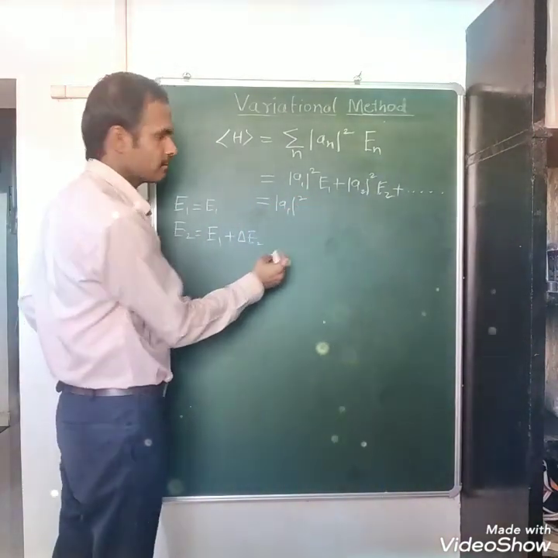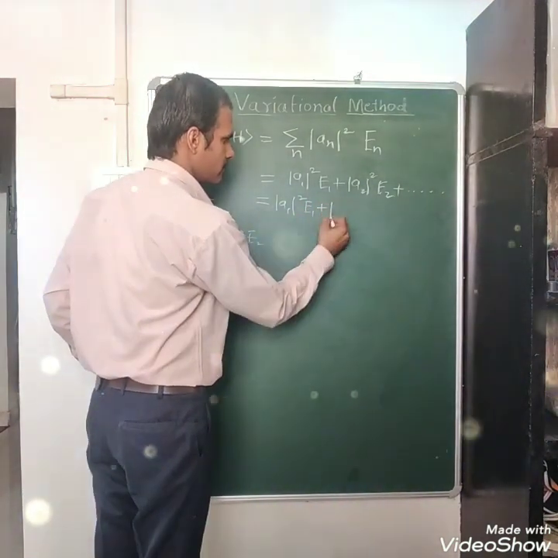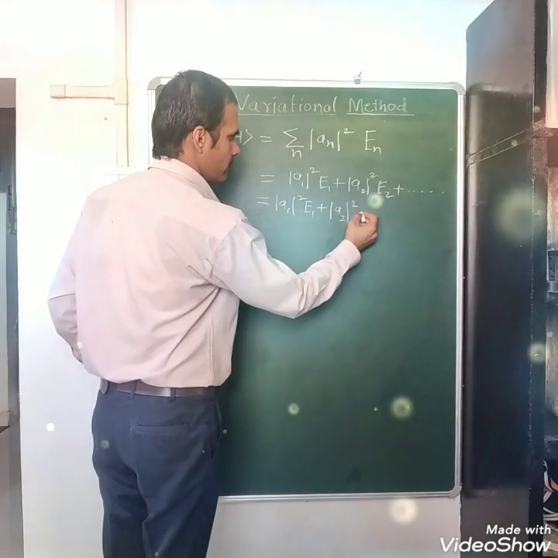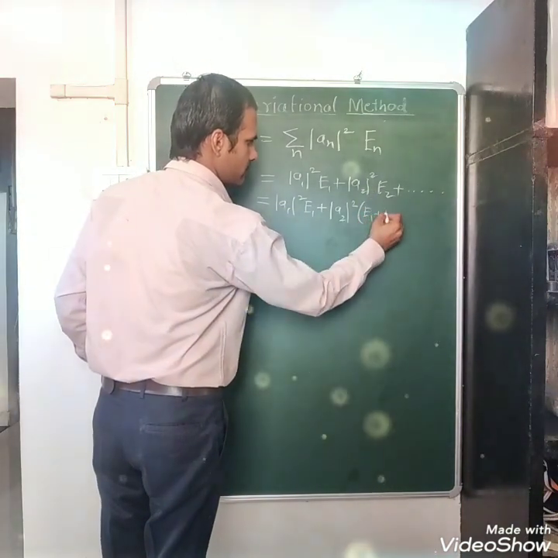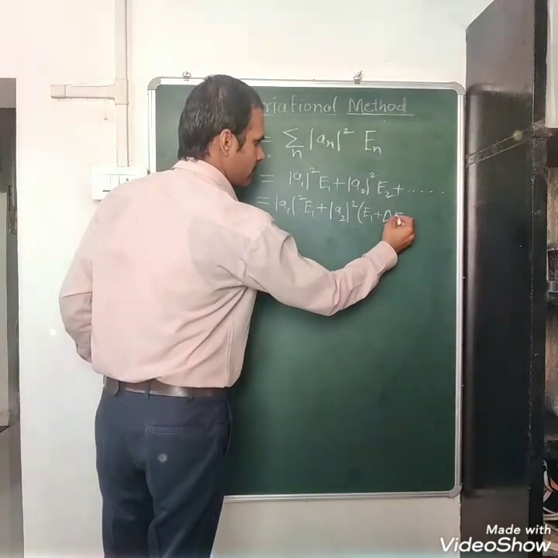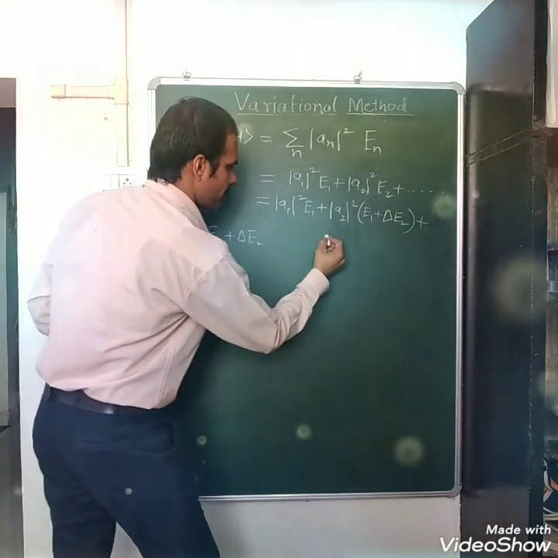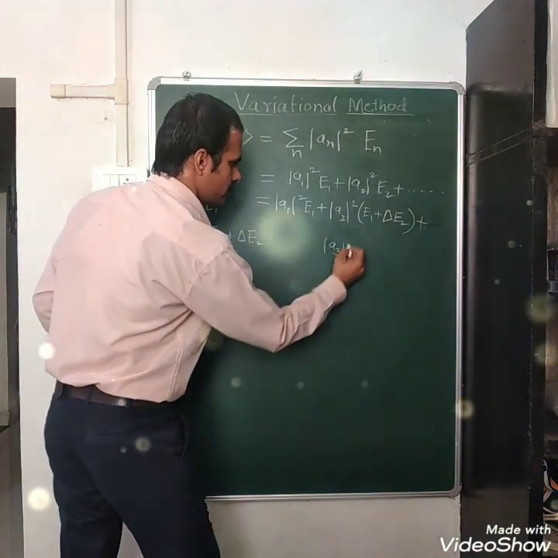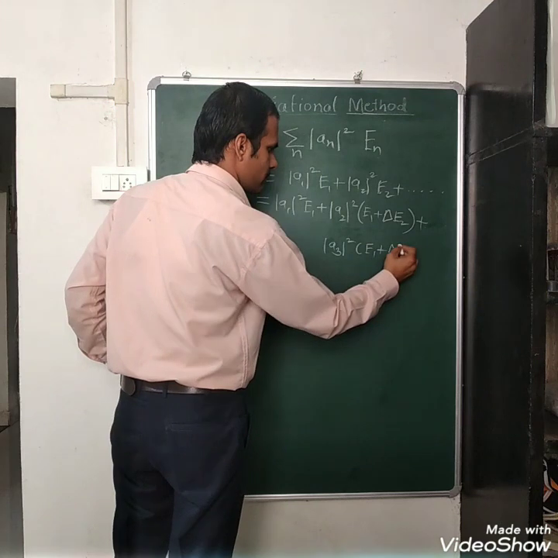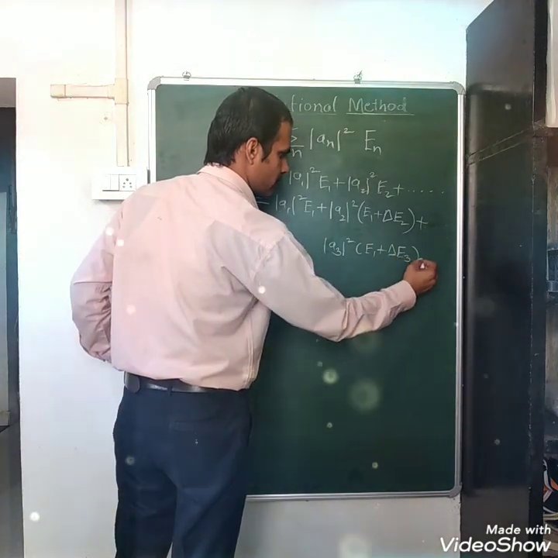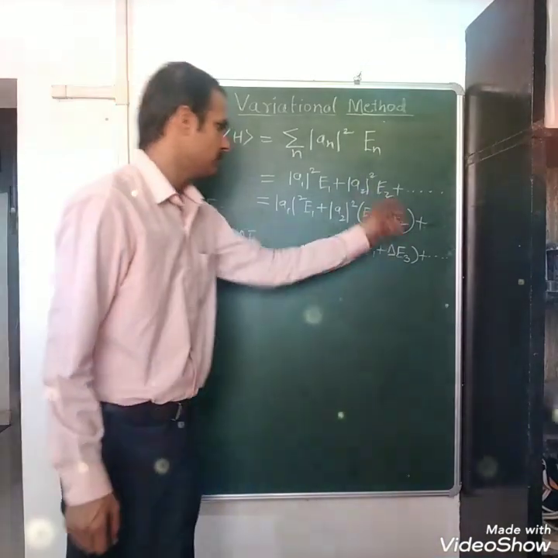And if we substitute these values here, then it becomes A1 square E1 plus A2 square into E1 plus delta E2 plus A3 square into E1 plus delta E3 plus so on. In this way we can split these terms,